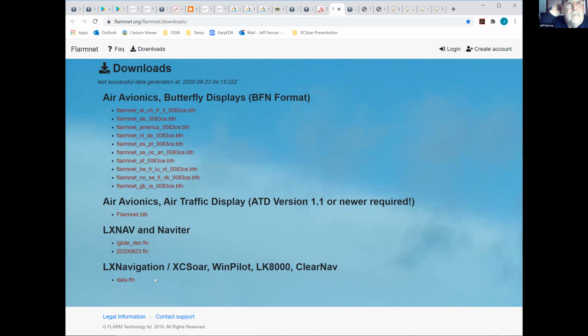The Open Glider Network also runs a Flam registration, which has got about 19,000 devices on it at present, but unfortunately they don't have the option of letting you have the data to be able to put it into your device.